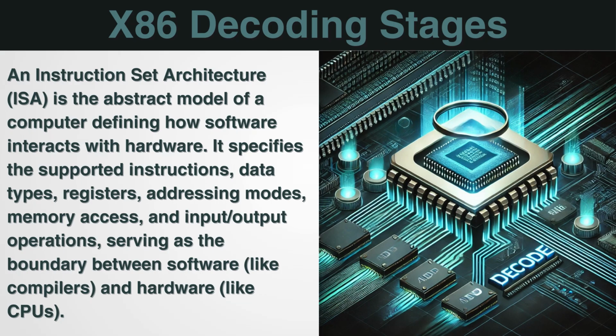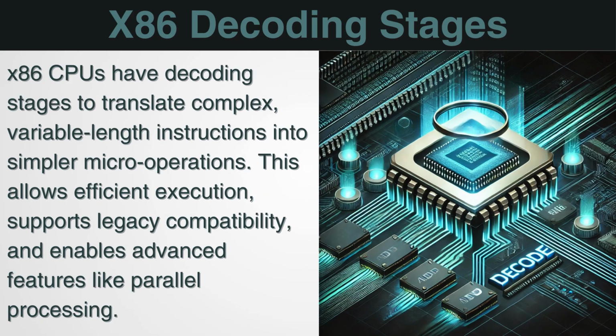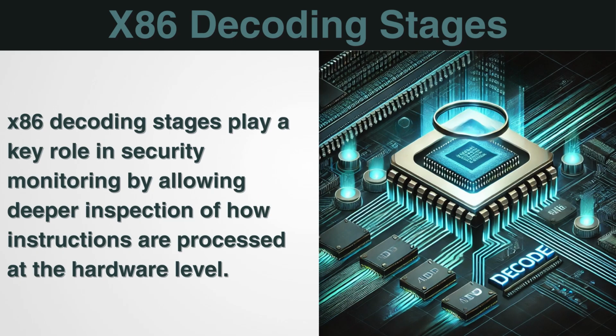At this point, you've heard me talk about x86 instruction decoding, so we're going to go into more detail here. Modern x86 CPUs rely on instruction decoding stages to interpret machine-level instructions into micro-operations the CPU can execute. This process is critical for efficient execution of code, and it plays a key role in performance optimization and security